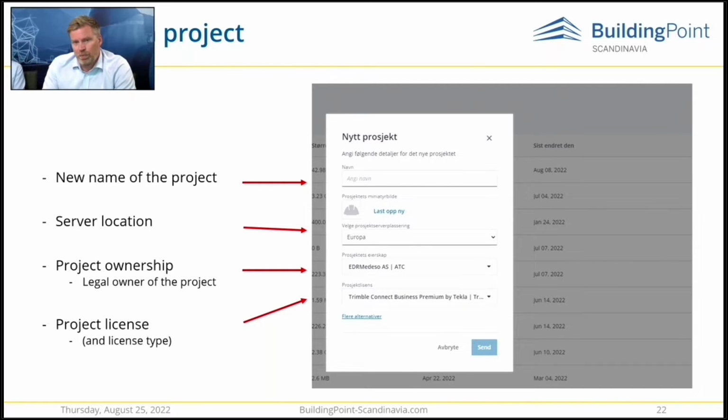But the product ownership is something that I emphasized yesterday as well, because Trimble Connect is more open and broadly advanced, and some of the things we talk about are actually taking control of who has the ownership of the project. So when I start a new project, I have 4 different project owners I can choose from, and 3 different in Scandinavia. One that you see here on the screen is my employer, which owns the brand BuildingPoint